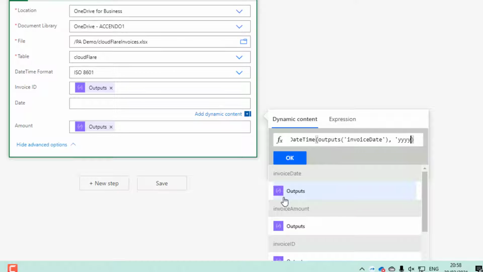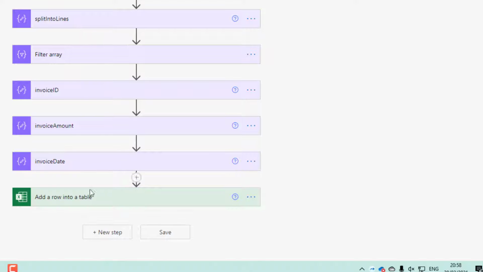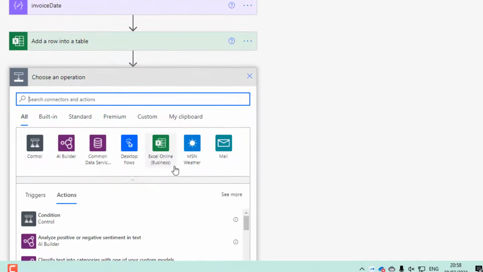We will go YYYY dash uppercase MM is for months, lowercase mm is for minutes, and then DD, and then we've got an ISO style date. So once that is done, let's